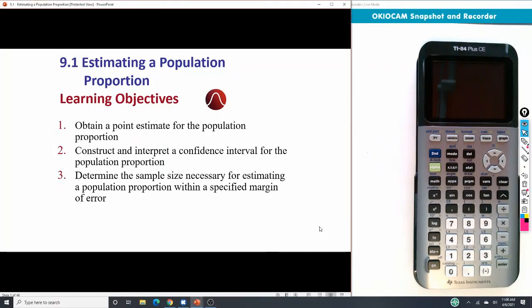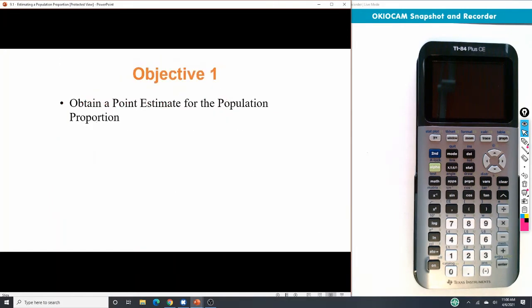9.1, estimating a population proportion. All right, so first we want to be able to obtain a point estimate for the population proportion based on